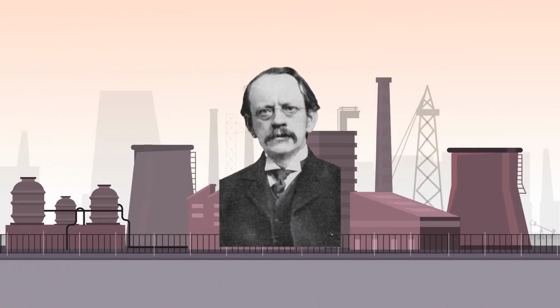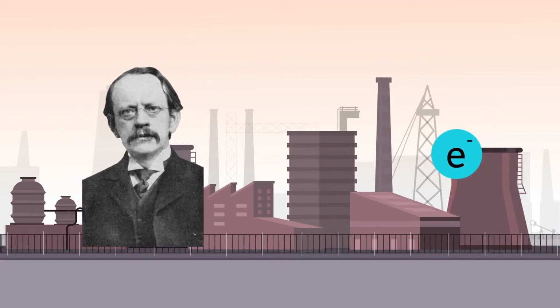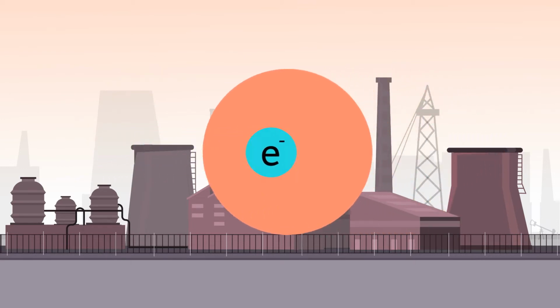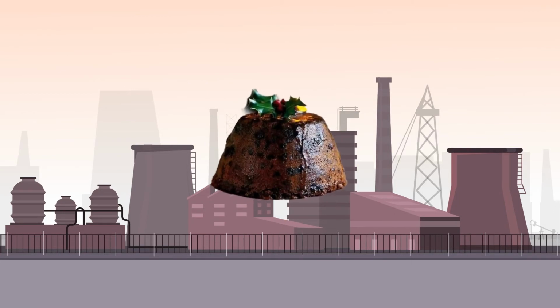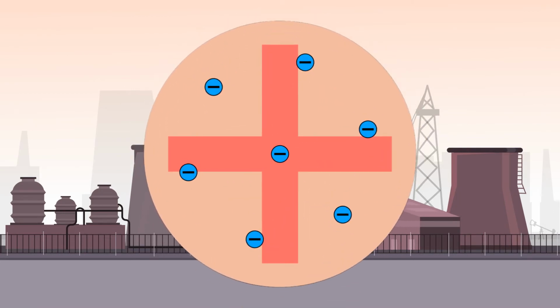Sir Joseph John Thomson was a British physicist who was credited with the discovery of the electron. In 1897, he proved that cathode rays were composed of unknown negatively charged particles, which he calculated must have smaller mass than atoms and a very large charge-to-mass ratio. Thomson knew that atoms were neutrally charged and that they contained smaller negatively charged subatomic particles. This led to the formation of the plum pudding model. The plum pudding model consisted of negatively charged electrons sustained within a sea or area of positive charge.